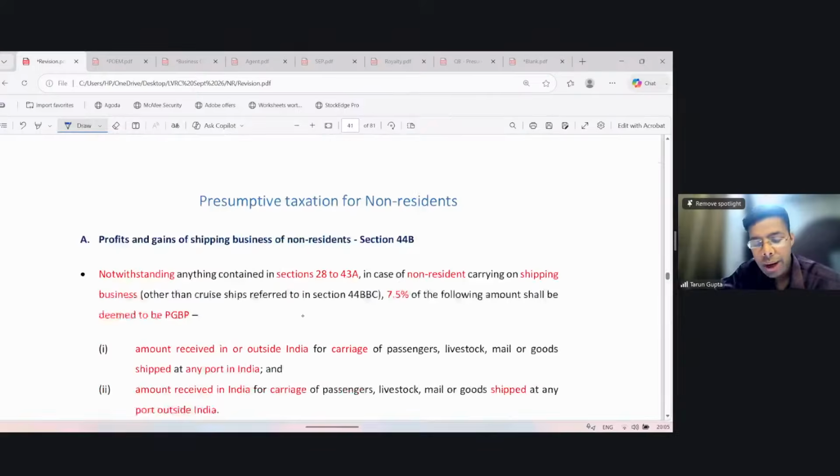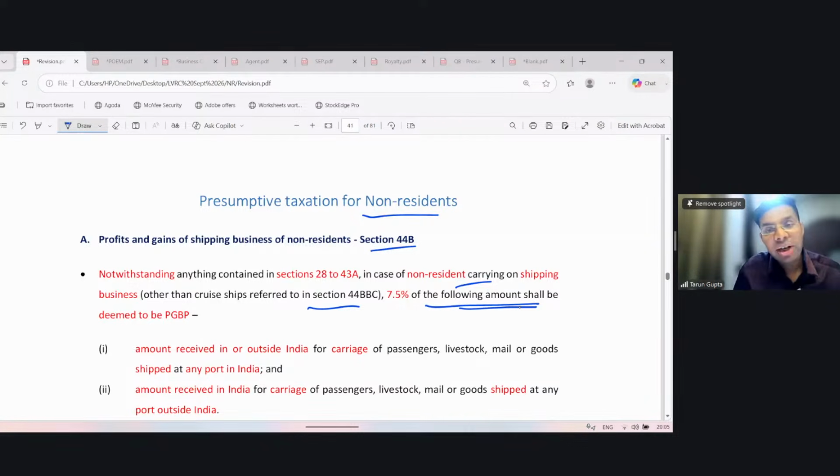Now we are moving to presumptive taxation for non-residents. In respect of some specified businesses of non-residents, the Act allows them to pay tax on a presumptive basis. The first section is 44B. It is applicable to non-residents engaged in the shipping business. It says, notwithstanding anything contained in Sections 28 to 43A, so it overrules the PGBP provisions, in case of a non-resident carrying on shipping business, other than a cruise ship referred to in 44BBC,